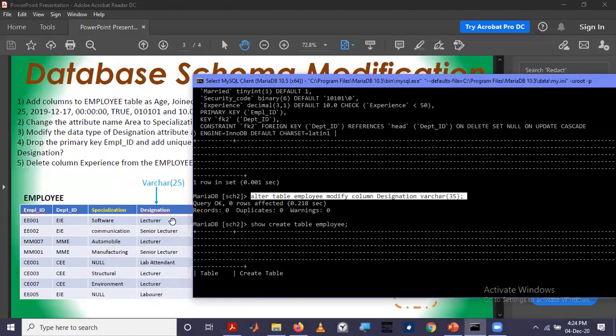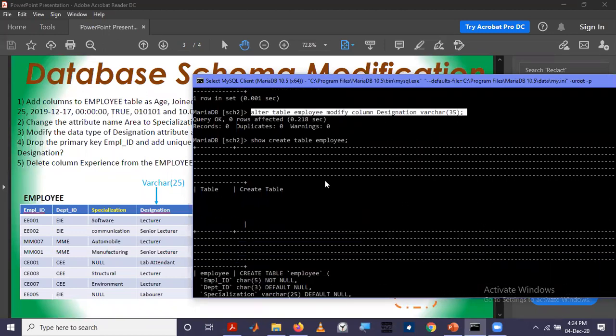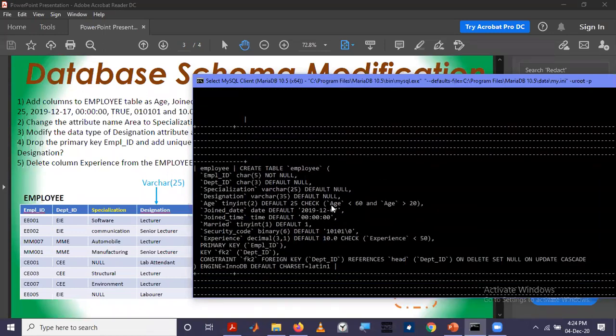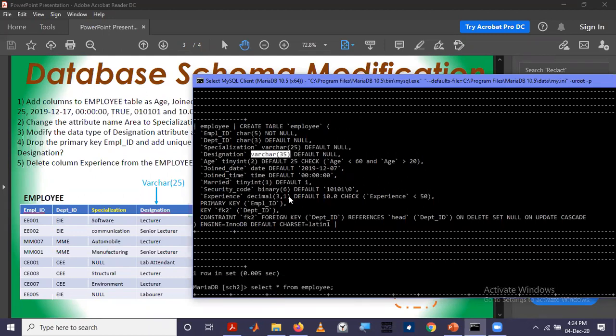Change the data type of this column from varchar 25 to varchar 35 using this SQL statement, right? Then we verified using that show create command. Now we can see that it has been changed to varchar 35.